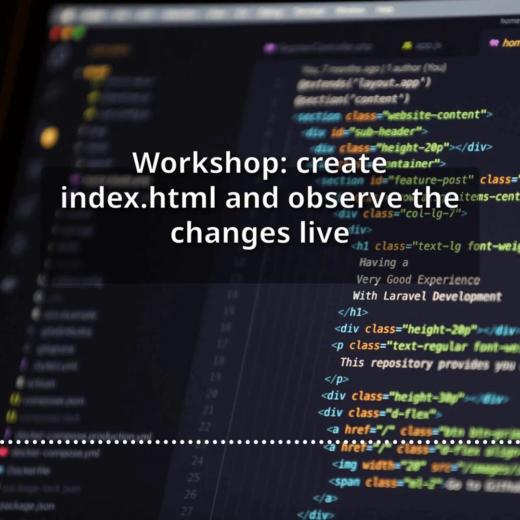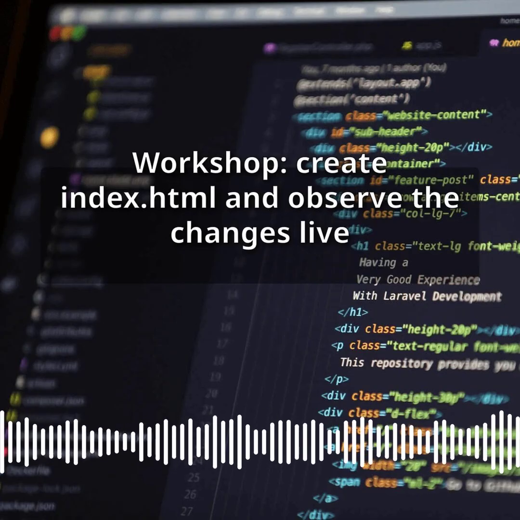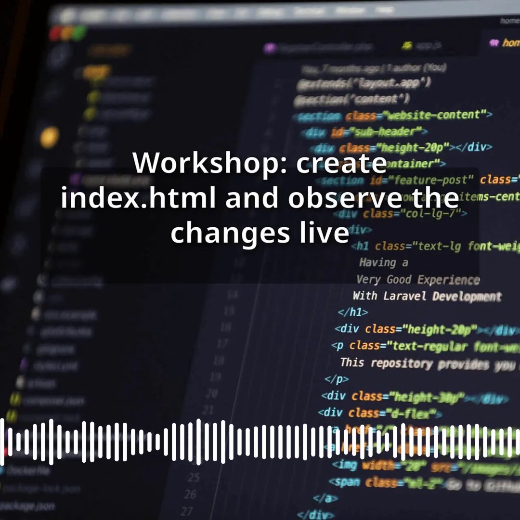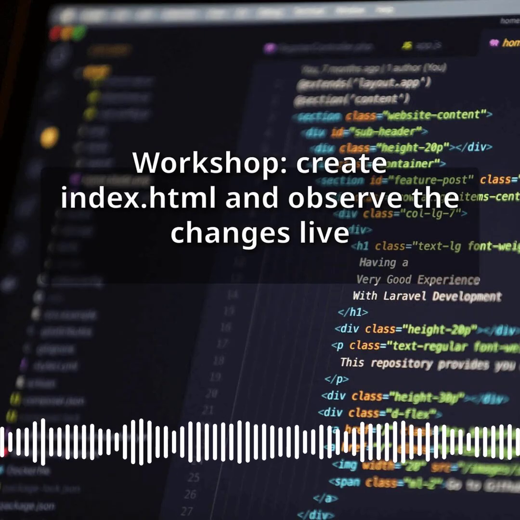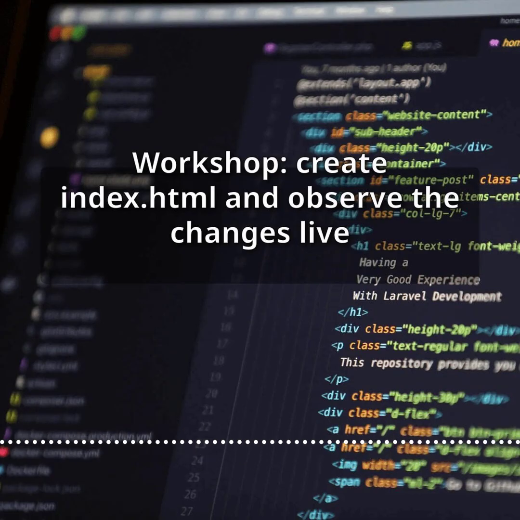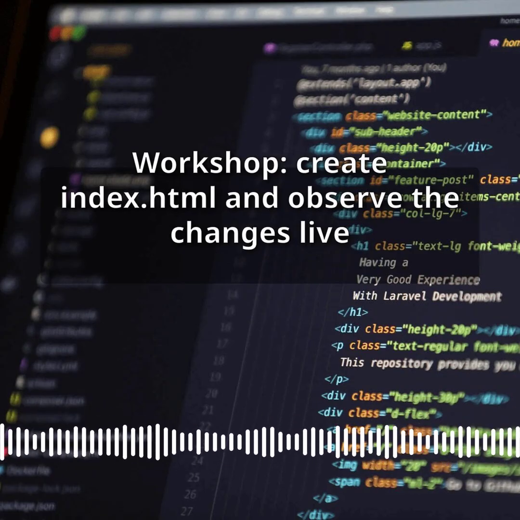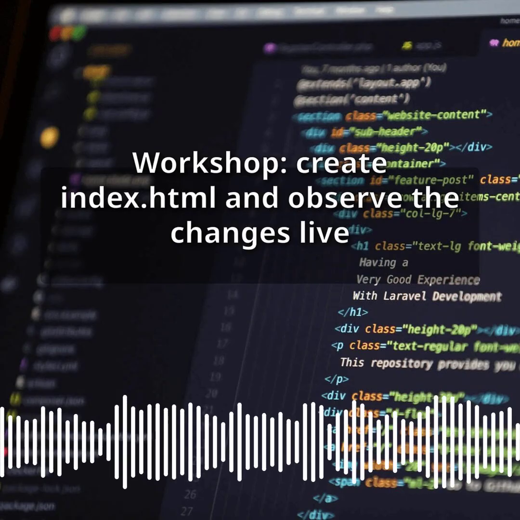Theoretical recap. A web page is fundamentally a text file interpreted by a browser. The file named index.html holds a special status. By convention, web servers serve it automatically when no specific file is requested, making it the entry point of any web project. An HTML file is structured around a doctype declaration, an HTML root element, a head section, for metadata,